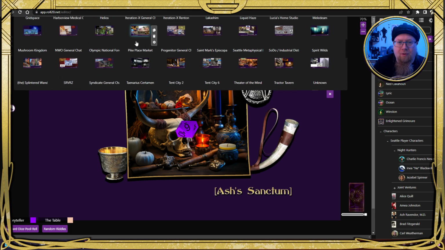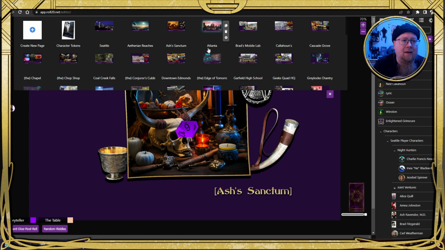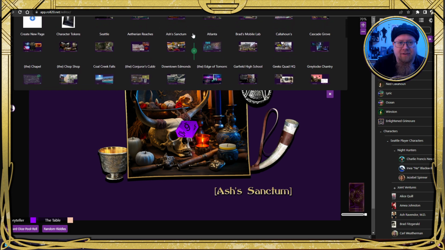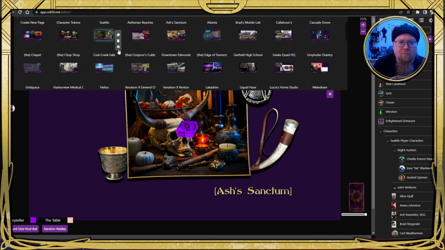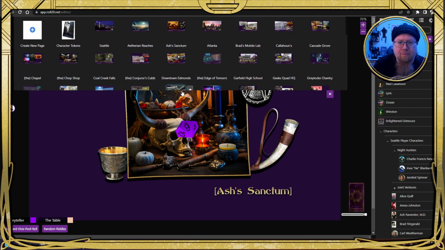As you can see, I do have a lot, and at the top I have everything organized alphabetically for different scenes. So we've got the Ethereal Reaches, and we've got Ash's Sanctum, and then of course we've got things like the Chop Shop and etc. And I've just been going through and updating each one for a new